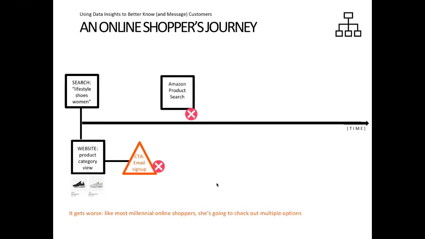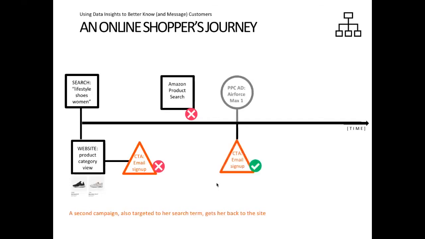Things get worse because now she's going to Amazon to do her product search. We know from millennial shoppers, this is a typical way of doing things. They go to the manufacturer's website or the brand website, get the information. Now, how cheaply can I get it? Because I can get it as quickly as possible if I go directly to something like Amazon or Wayfair. But most people don't buy this thing right away. They put it in their cart. We use our Amazon carts as like shopping lists these days. So she put a shoe in there, but she didn't buy anything. So we still have an opportunity.